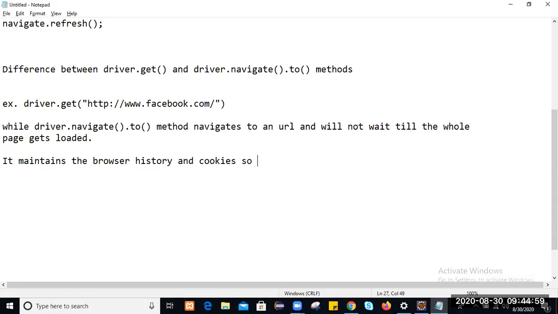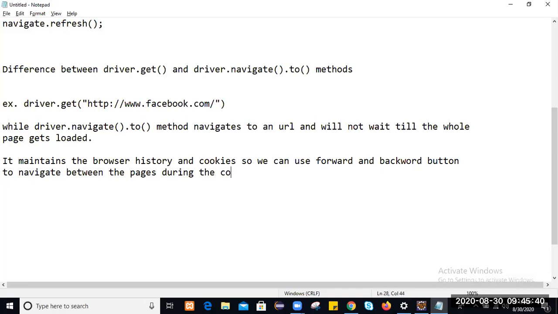So we can use the forward and backward buttons to navigate between the pages during the coding of the test case.